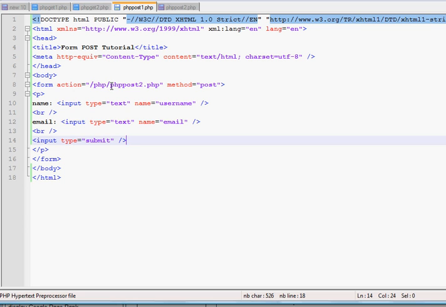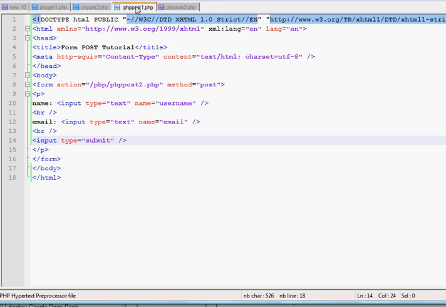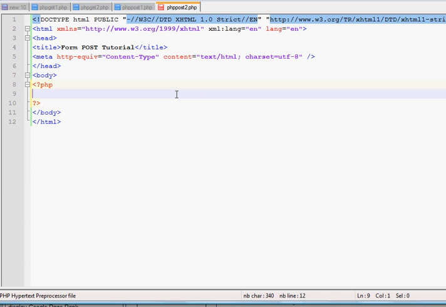Now I'm going to go work on the page to which this data is going to be transferred, which is php post2.php, and here it goes. Okay, now notice how the information that is going to be transferred correlates from the first page to the second page. The name given to the first input field data is username, and the name given to the second input field data is email. So I'm going to do this right here, username, and because the data